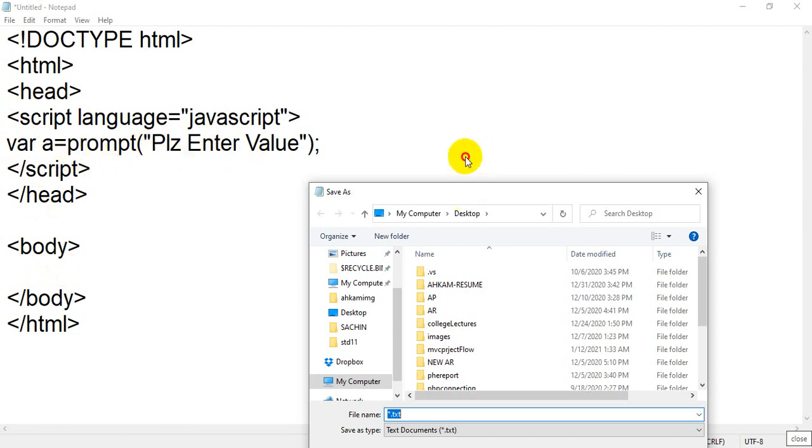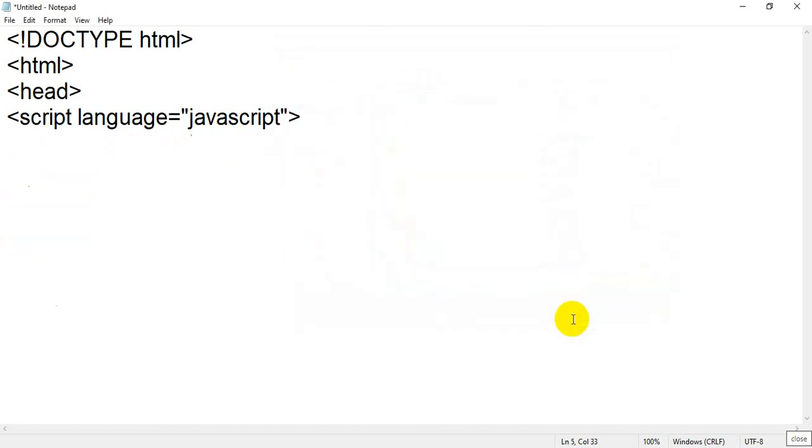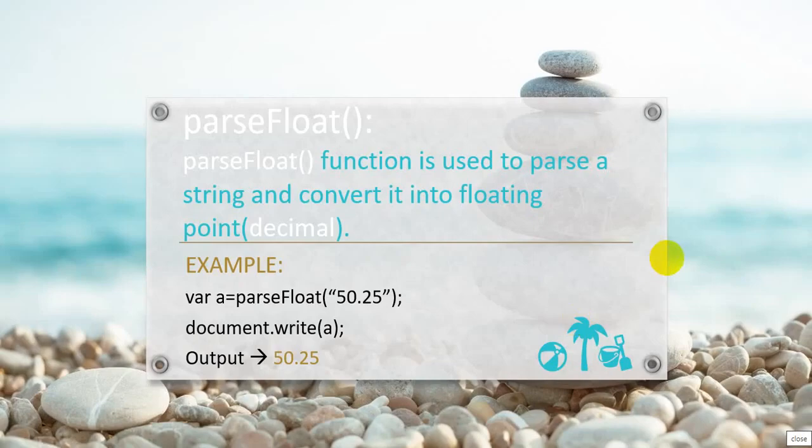It asks where I want to save. I choose my computer desktop. First it asks for the file name, so I write float.html. You can use any name. Let me show the file on my desktop.